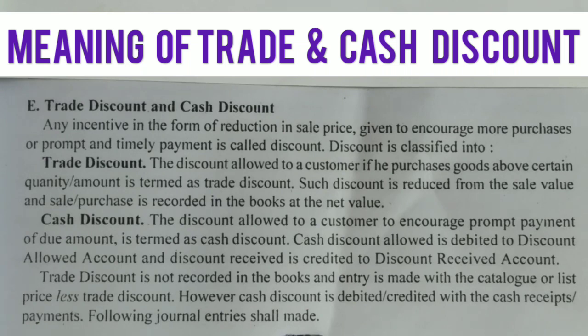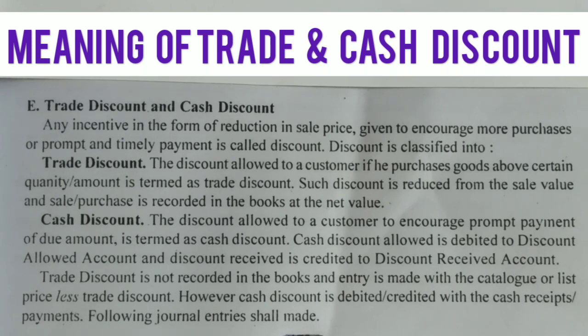The discount allowed to a customer if he purchases goods above certain quantity or amount is termed as trade discount. So this type of trade discount is given by manufacturer to wholesaler, in which wholesaler is buying in a large quantity, so he is given reduction in price which is known as trade discount. Such discount is reduced from the sale value and sale or purchase is recorded in the books at the net